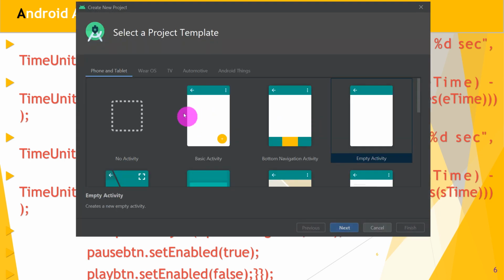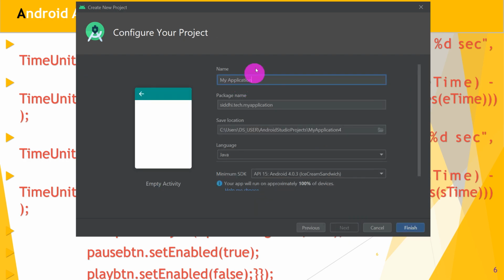Choose Phone and Tablet, in that Empty Activity, and click on the Next button. Give the name to your project as audio player 21. So this is the name of my project. Then click on the Finish button.